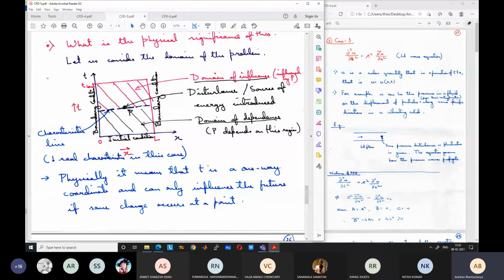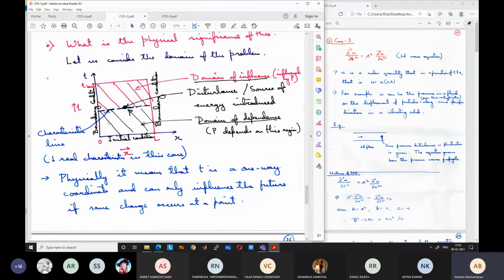Now, how will the value at this point P change? If we change the value of anything in this red region, will the value at point P change? It will not change. We have discussed that, because something in the future cannot change something in the past. But if we introduce a disturbance at any point within this black hashed region in the past, it is going to change the temperature along the entire rod in the future. So this is going to change the temperature at point P.